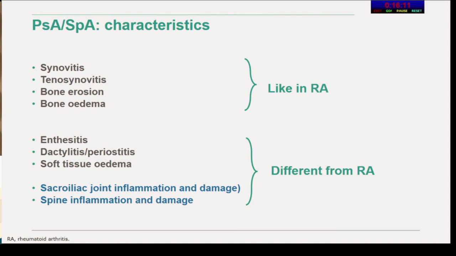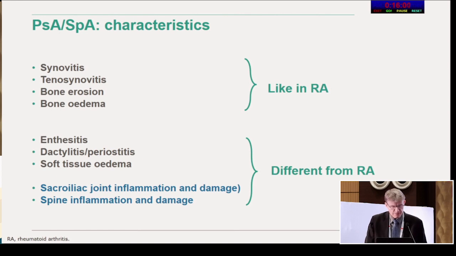So they are like in rheumatoid arthritis, but there are also things that we do not really see in rheumatoid arthritis, which are enthesitis and dactylitis and soft tissue changes, as you see in subcutaneous tissue, for instance,